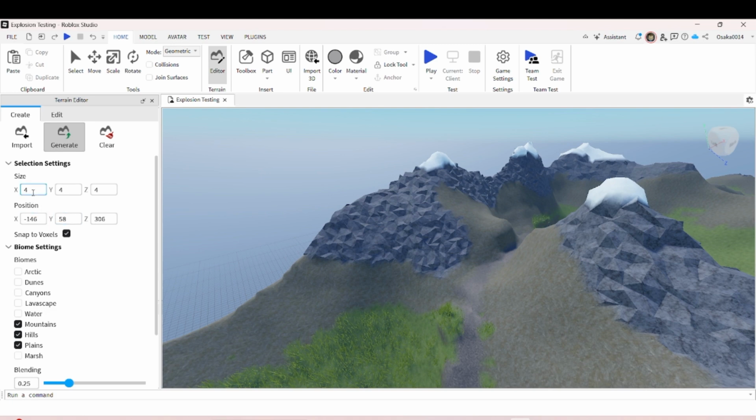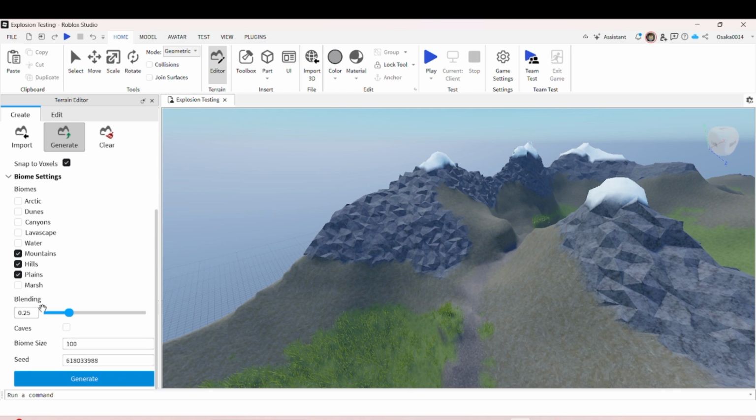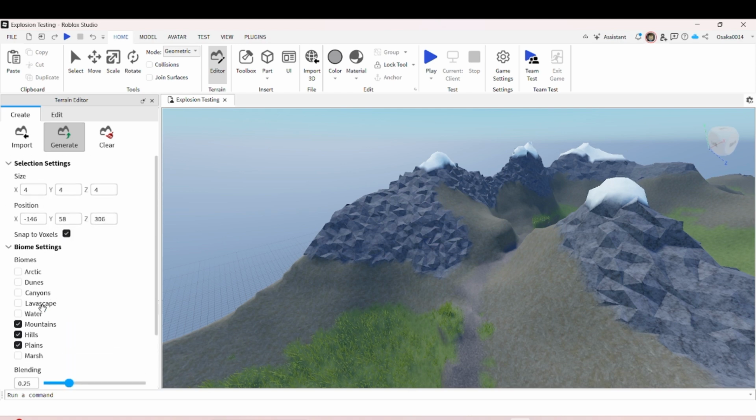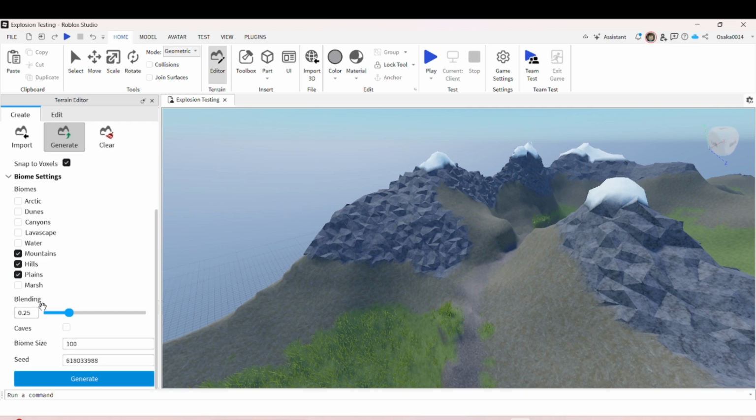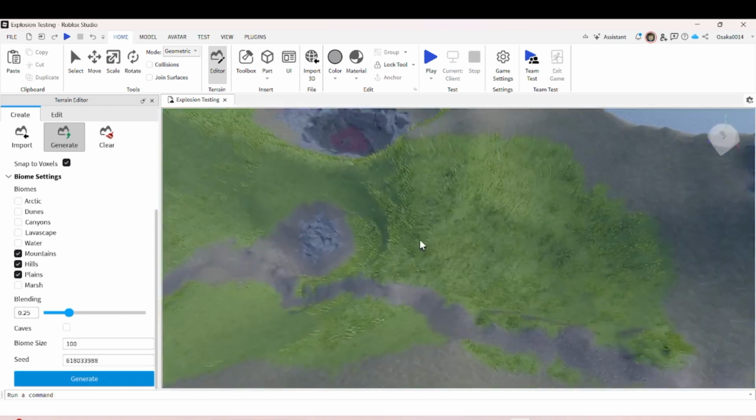You need to put the size and the coordinates where you want to put it. Let's say you want to put different types of biomes: plains, hills, mountains, water, lava, caves, canyons. There are different types of biomes that you can choose and generate. It will generate a